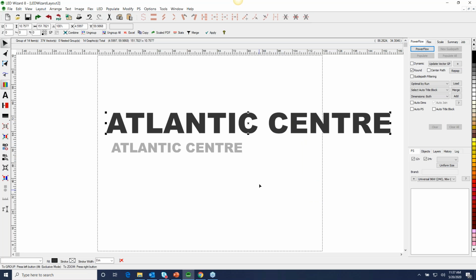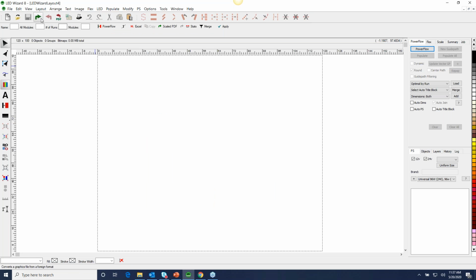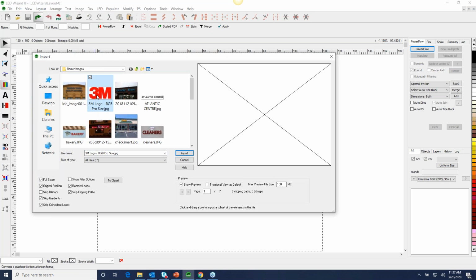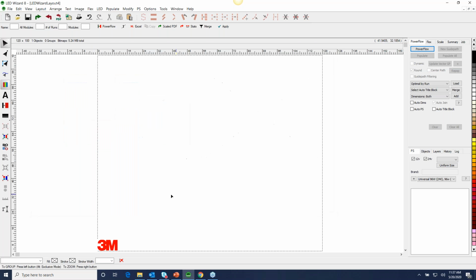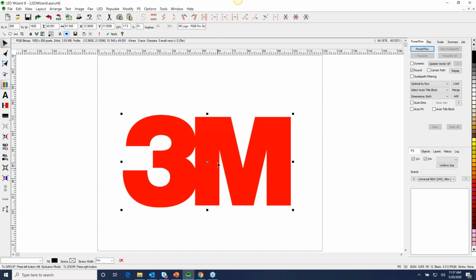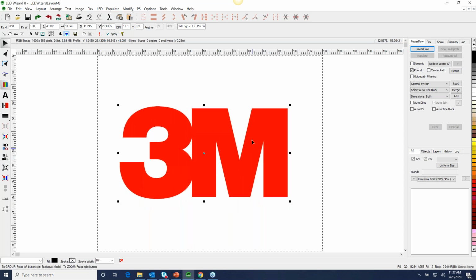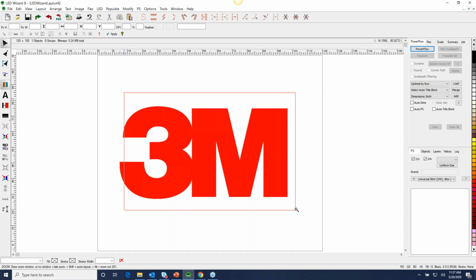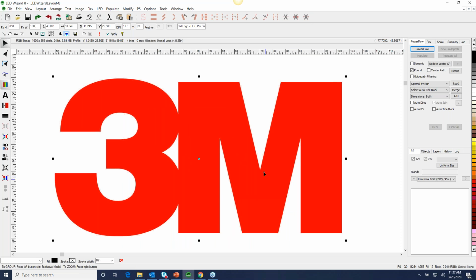Okay, so that's vectorizing. Again, good clean file, good clean artwork, and good results. All right, so let's look at this 3M logo, and this is another case where I could vectorize this, right? This is another good clean file, but I want to instead show what the on-screen digitizing tools are about. All right, and this is a good file because it has some lines, it has some arcs,